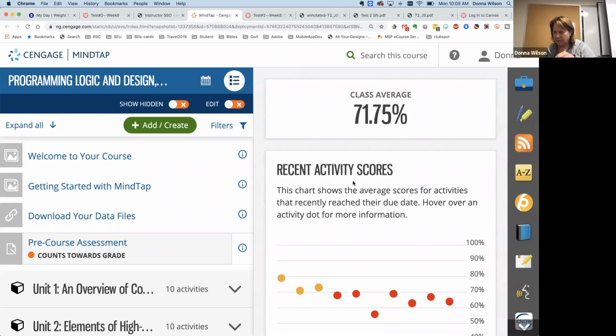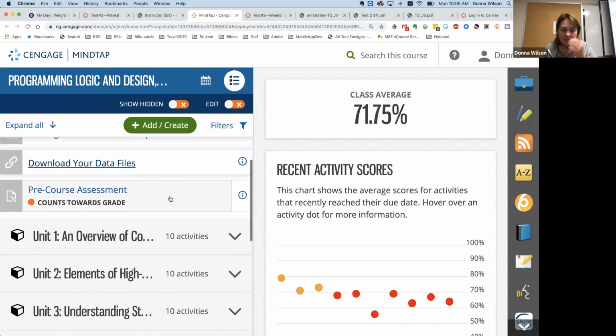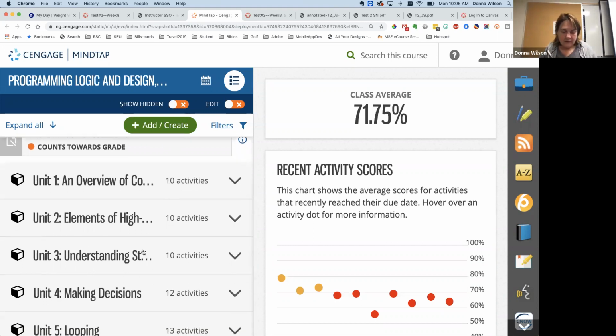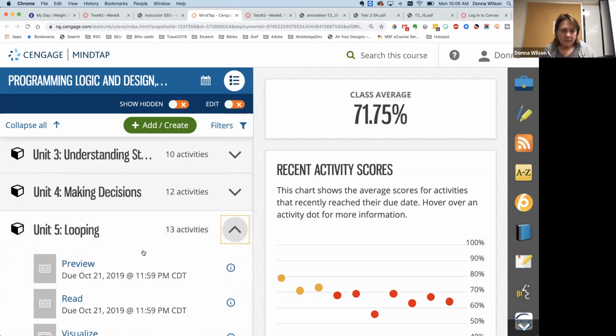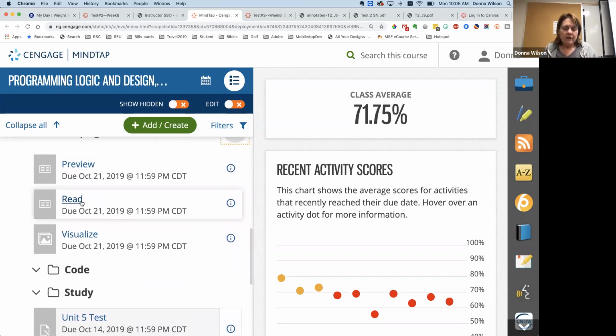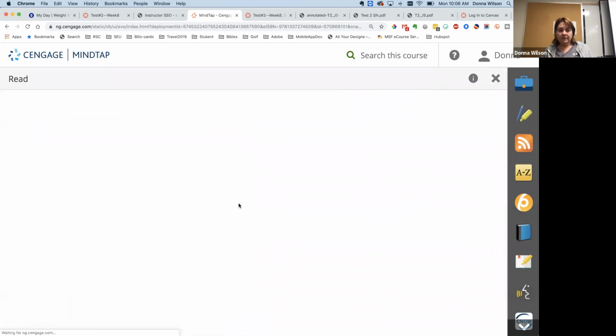Oh, I think I poked it. Okay, so in MindTap, if you haven't gotten in there yet, I did give you where I opened it. So in Unit 5,